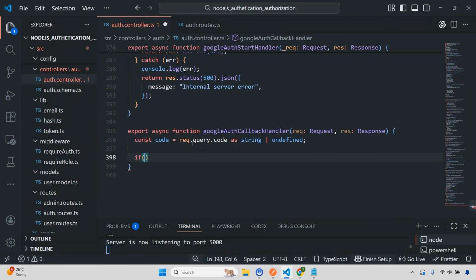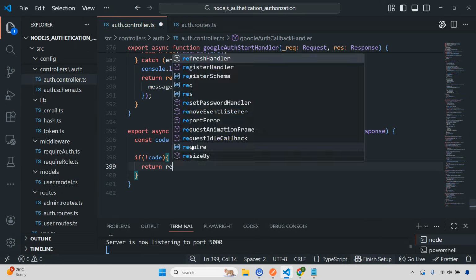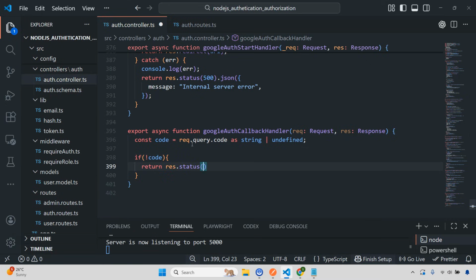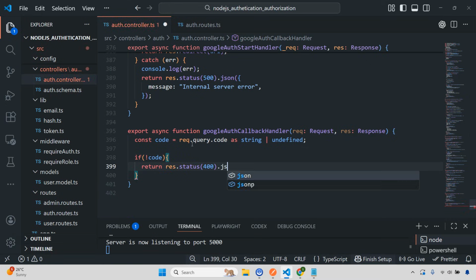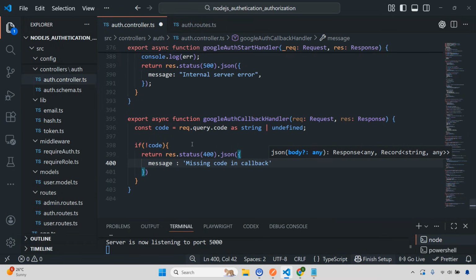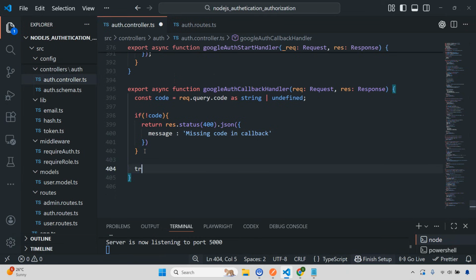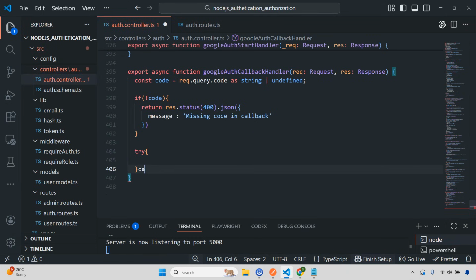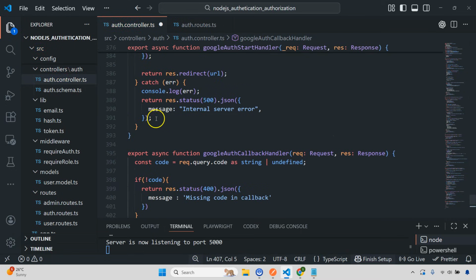So first I'm going to check if this code is missing. So that means we are going to return res.status(400).json, and you're going to simply give the message: missing code in callback. If the code is present, then we are going to take the try and catch. So let me just copy this,